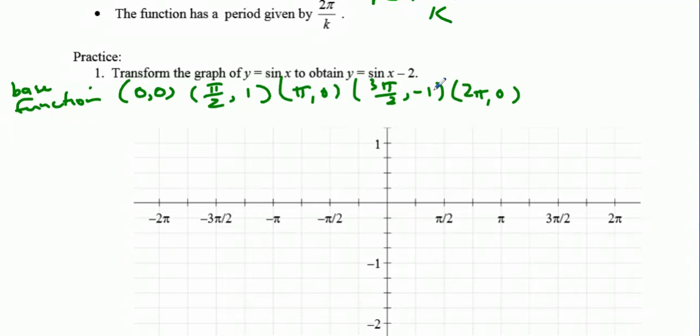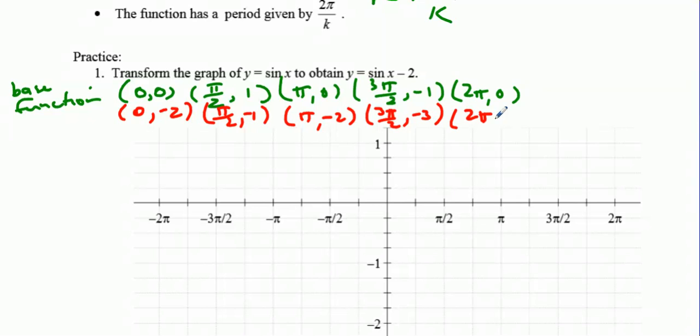Okay, so if we're subtracting 2 from our y's, nothing's going to happen to our x's. We're going to end up with negative 1, pi, negative 2, 3 pi by 2, and negative 3, and 2 pi and negative 2. So we should have negative 2 as our equation of the axis now,